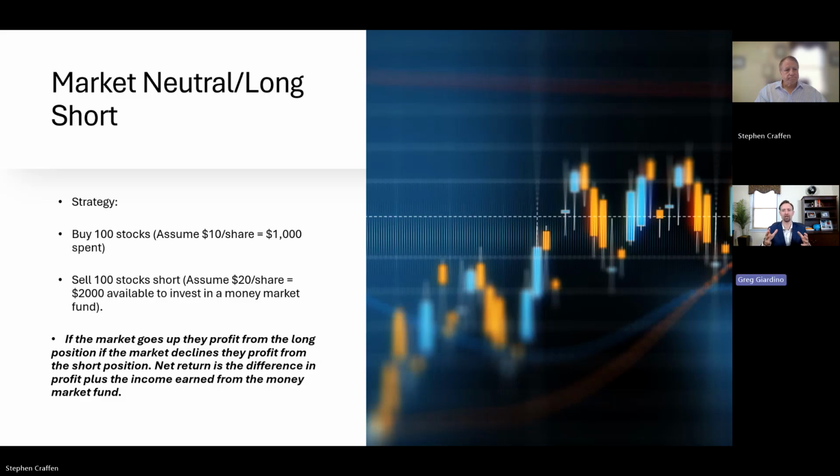So there's another strategy that some hedge funds will utilize, and sometimes outside of a hedge fund, called market neutral. Essentially, you may pick the winners, the companies that you think are going to do well. Let's say I'm going to do 100 buys, 100 different stocks, and then you offset it with 100 different shorts. So in effect, if you have 100 that are positive and 100 that are negative, or shorts, hence the name market neutral, right? And they'll have a side money market account that will essentially pay you profits if there are any differences in the winners versus the losers.